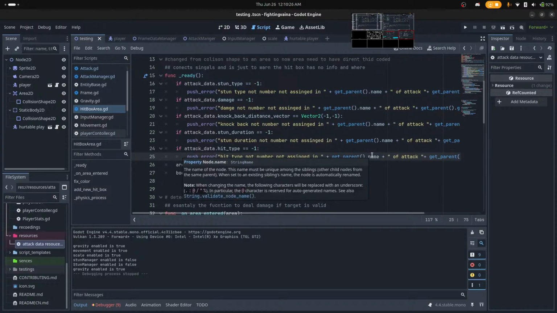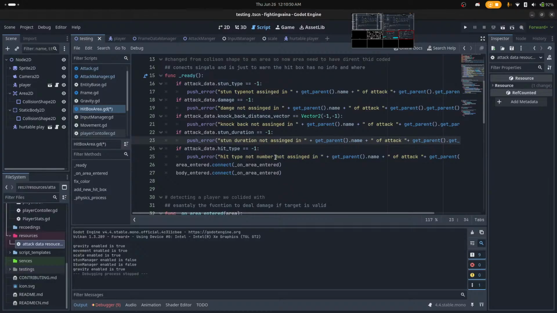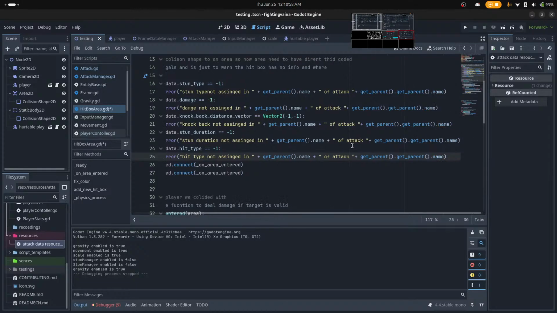It's not assigned. What the hell am I saying here? Stun type not assigned, damage not assigned, knockback not assigned, stun duration not assigned, hit type not assigned. That would make more sense.